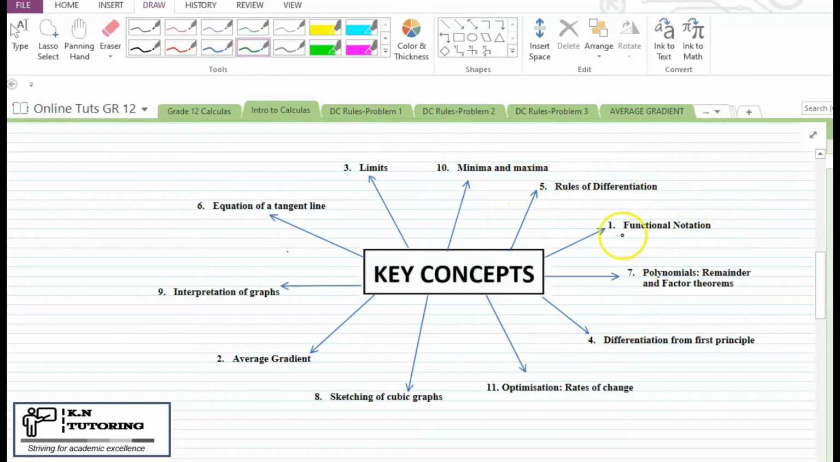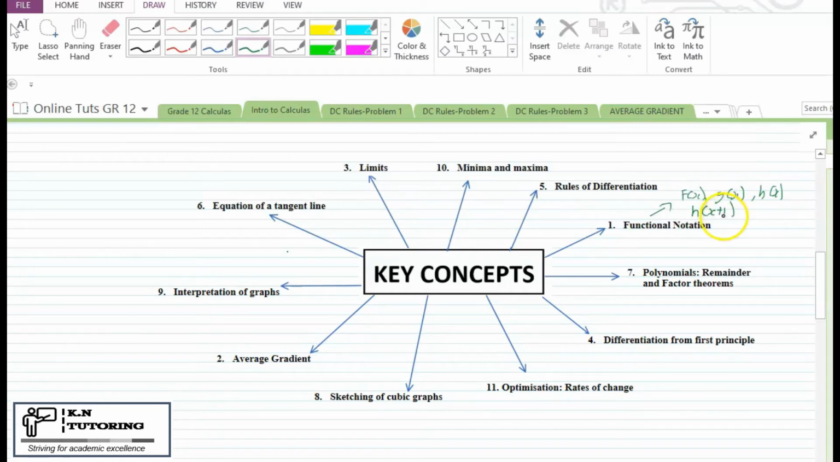Firstly, we will look at the first key concept, which is functional notation. In this Grade 12 topic, we will look at the notation that you've already used in your functions. You remember the likes of f of x, g of x. Now we will look at notation as follows: h of x plus 1. We will analyze this type of notation to see what impact it has on a given equation or graph. This is basically your